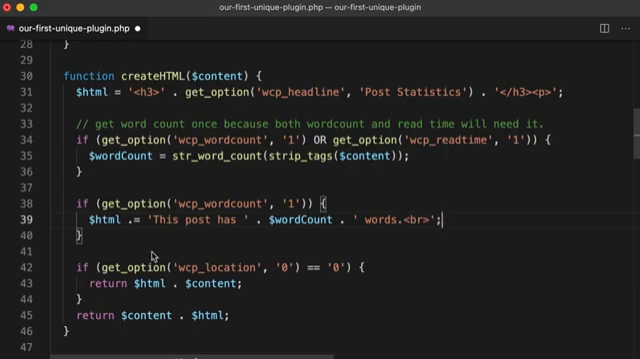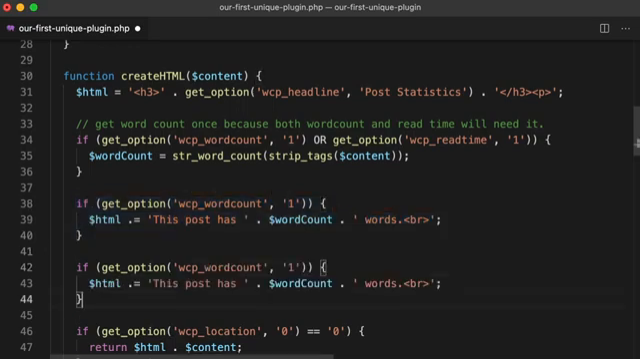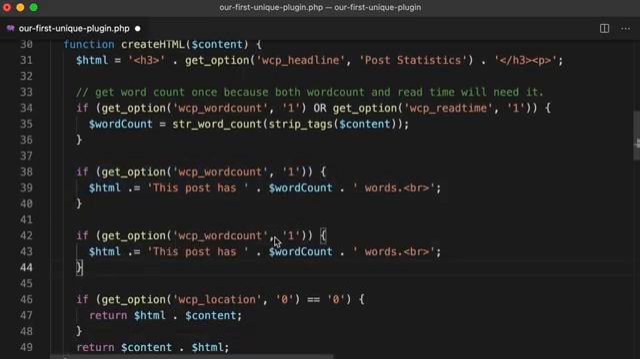Okay, now let's just do the same thing for character count. You could actually just use these 3 lines as a template and copy and paste that. So this would just be WCP character count. And then we would change this. This post has, this would be